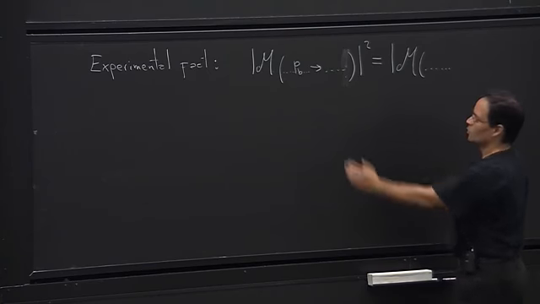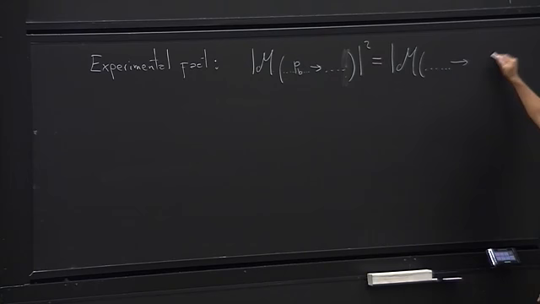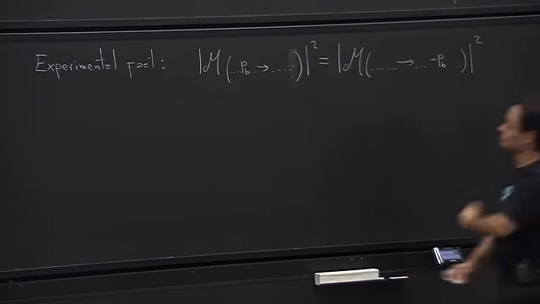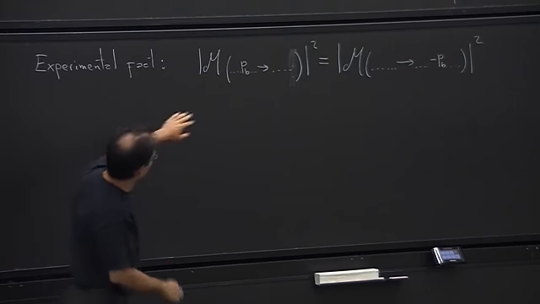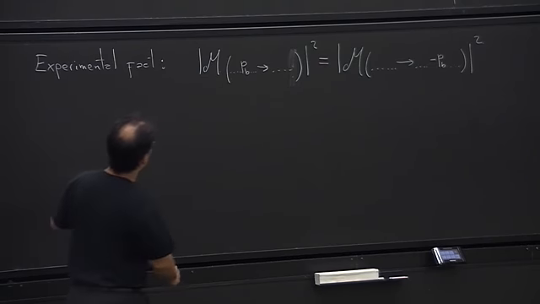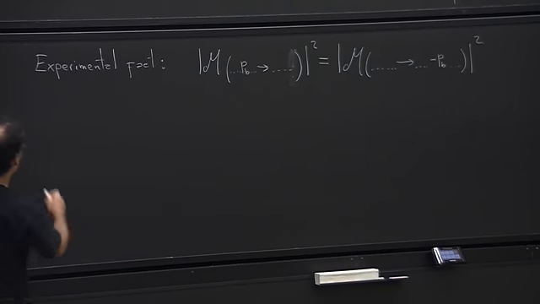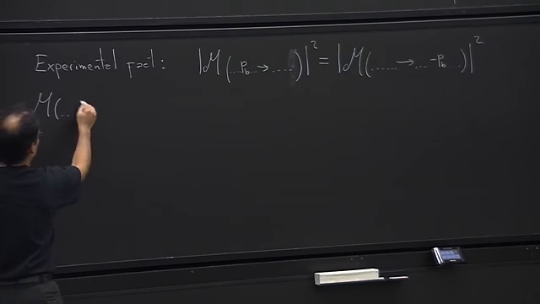this other function, where you remove this particle from here, and you move it to the other side, and you put a minus sign in it, okay? So what do I mean by this? Well, what I mean by this is that, and actually I'm going to assume right now that this also holds for the m's and not just for the mod squares, okay? So I'm going to say that if you have